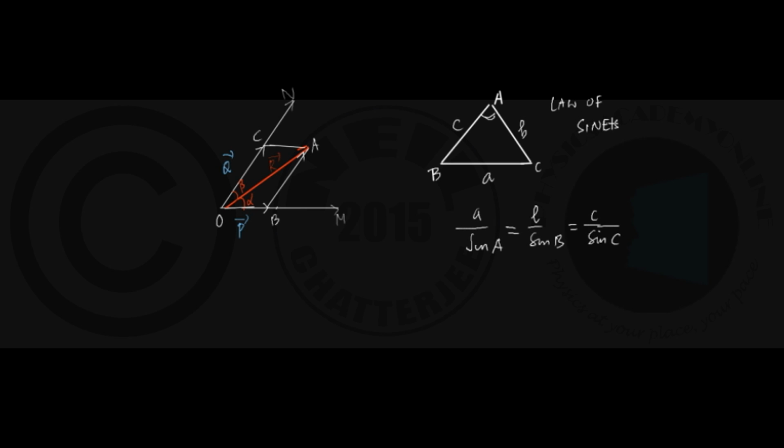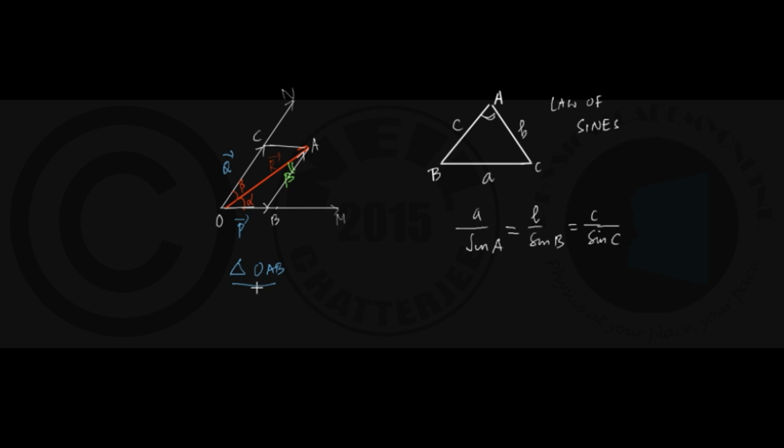A familiar formula in trigonometry. Now, looking back at our figure, we can notice that if we take the triangle OAB, in such case, this angle also happens to be beta. It's an alternate angle because OC and BA are parallel and OA cuts them. So now let's take the triangle OAB,